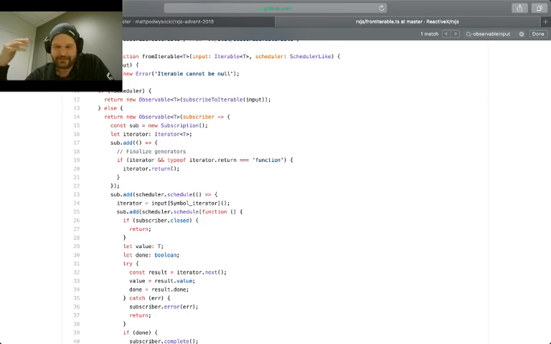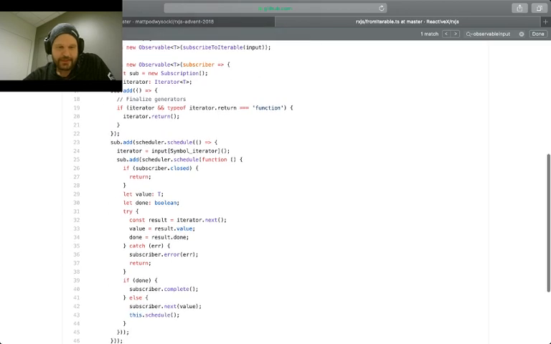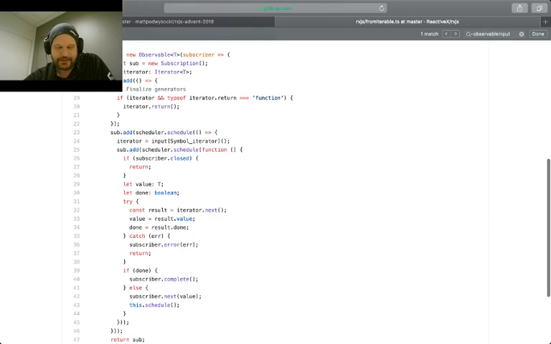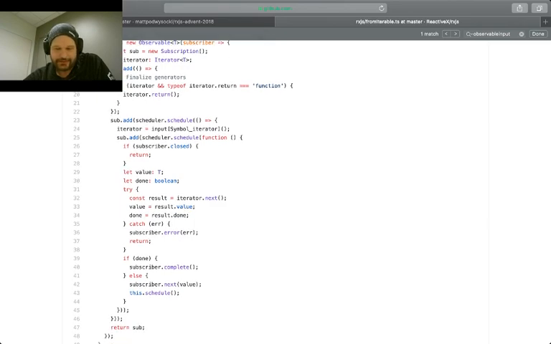So like try, catch, finally, the return stuff gets called there. Anyways, it's not really that much different here. As before, we get the iterator, and we call schedule on it if the subscriber's not already closed. If not, we continue and get the next, and whether it's done or not. Catching errors, because remember, unlike arrays, iterables can actually throw errors because you're going for yield,